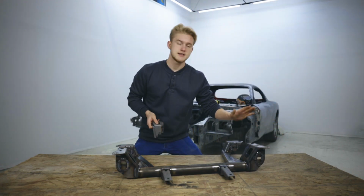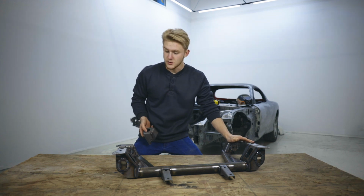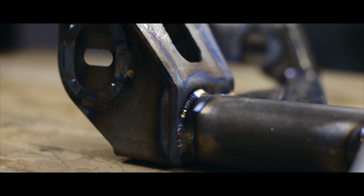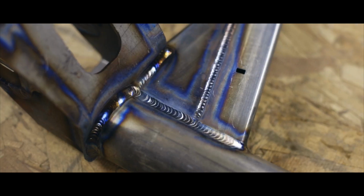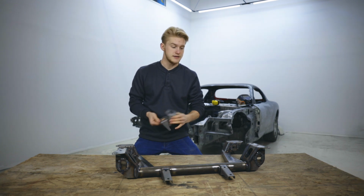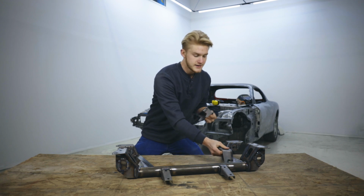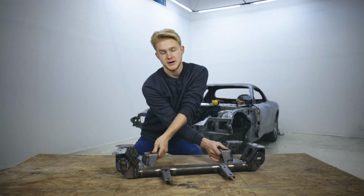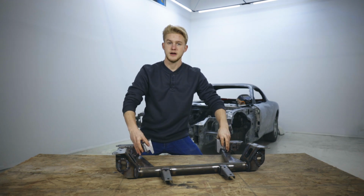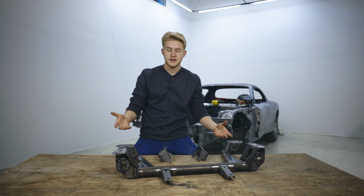All right guys, the front subframe from Ronin Speedworks finally came in, and let me tell you, this thing is gorgeous. This is usually used for LS swaps. It comes with these front engine pedestals that are normally welded in place right there and right there. We asked that these didn't get welded in so that we can put them wherever we want. So we can have the V10 sitting exactly where we want it,